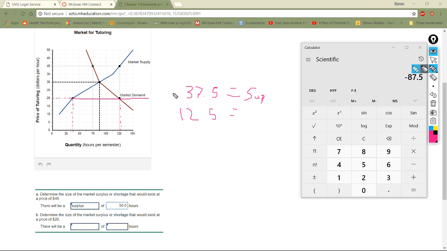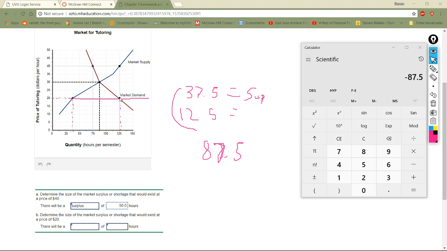So we take the difference between these two. And we get 87.5. There we go. Perfect. Let's go ahead and put this in, shall we? There will be a what? Okay, so if it's below equilibrium, there will be a